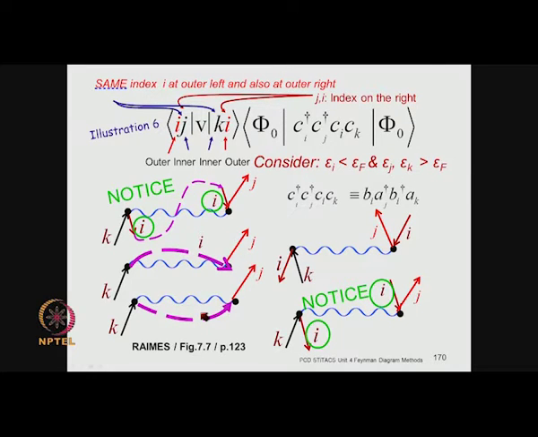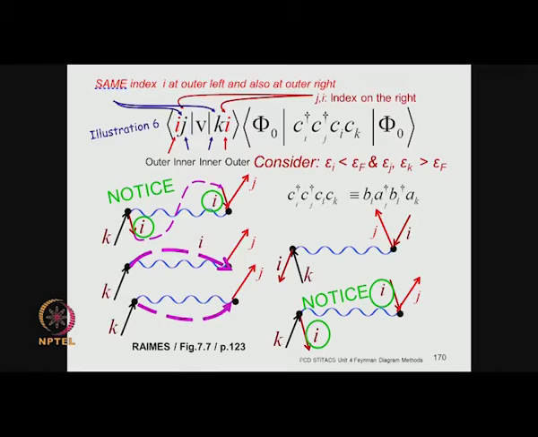So, we have drawn the same diagram in 5 different ways, which look like 5 different pictures to the eye, but they are all essentially the same. And what they are telling us is essentially this particular interaction, that you are creating a hole and you are destroying a hole, but now it is not at the same vertex. In the previous example, you destroyed a hole and you created a hole, but it was at the same vertex. What this picture is telling us is that you are creating a hole and you are destroying a hole, but